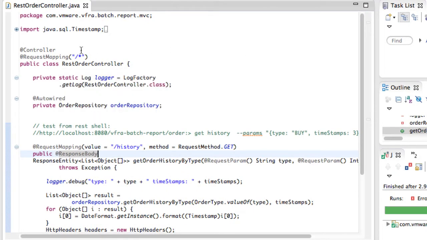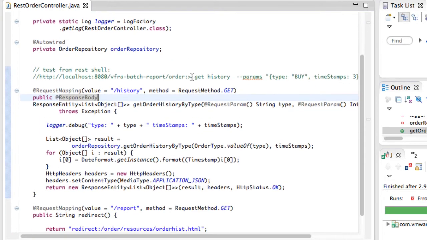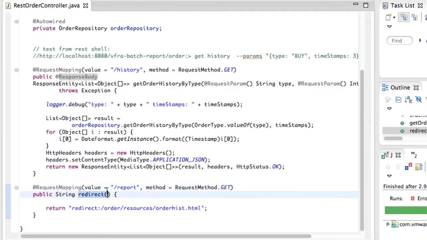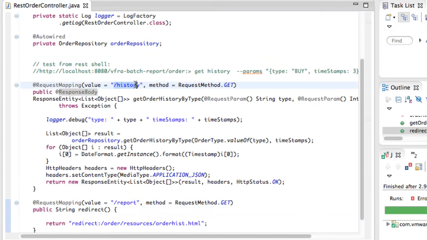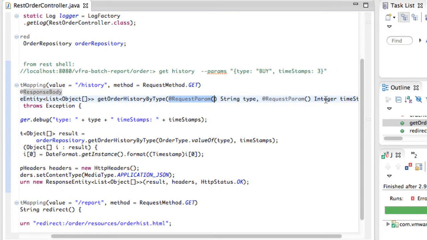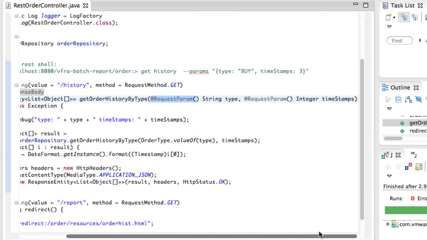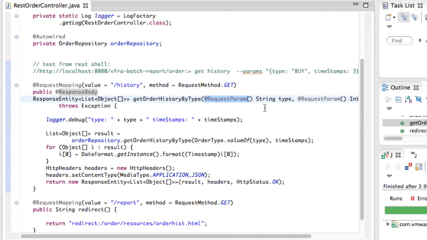In my web.xml, I've mapped this to the URI order, and then within the controller you can see I have an order report mapping, which does the redirect, and then I also have the history mapping, which is handling the REST API call using the request param annotation to parse the type and timestamp parameters from the REST call,